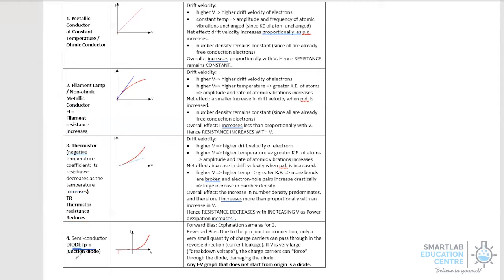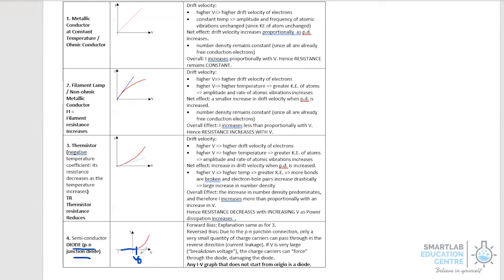Finally, we take a look at the diode. A quick introduction of the diode is that there is a need for a certain voltage before it becomes a conductor. The stretch that you see down here, where current is 0, indicates that it is an insulator. It doesn't allow any current flow. So when the potential difference applied is higher than this value V0, the diode will start behaving as a conductor, and the resistance decreases as the potential difference increases. Very similar to that of the thermistor.